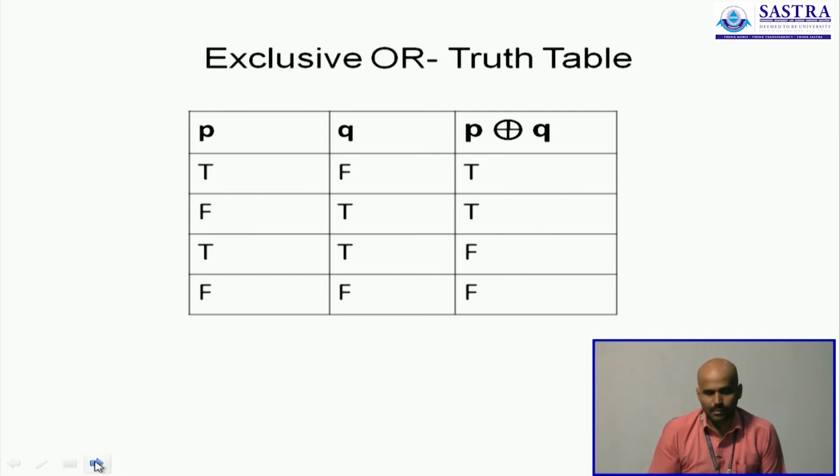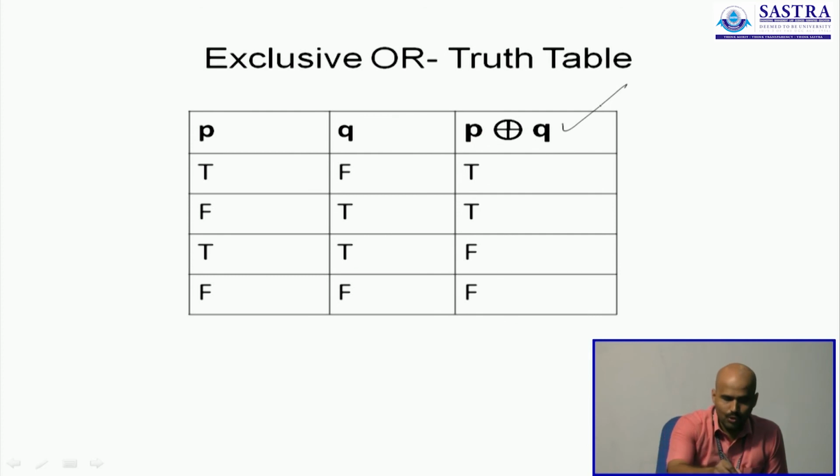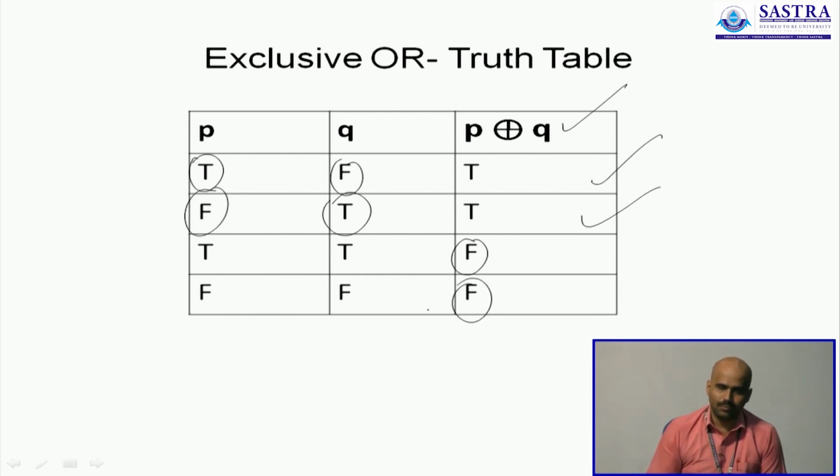You can relate better to this connective using this graphic. The table takes all four possible combinations of the values assigned to both P and Q. Now what happens with the exclusive OR? It takes a true value when P is true but Q is false, the first row, or when P is false but Q is true, the second row. In all other cases it takes a false value. That's what you understand when you say the exclusive OR. It's exclusive, it's not inclusive. You cannot have both, you cannot have neither. You must have exactly one of the two statements true.